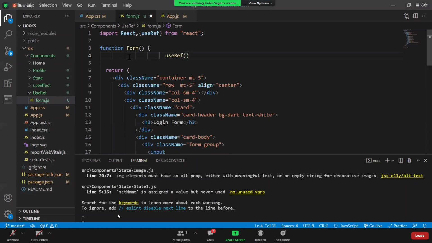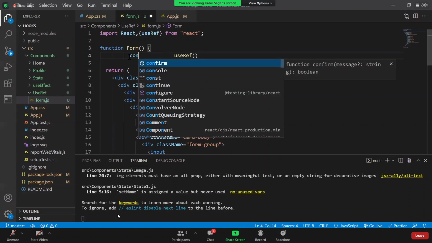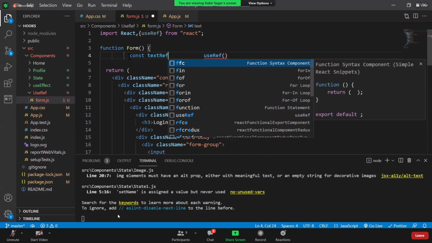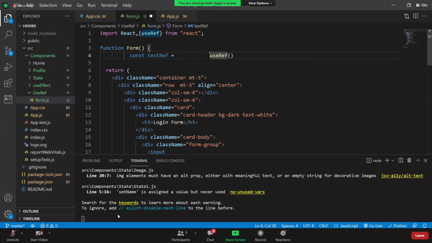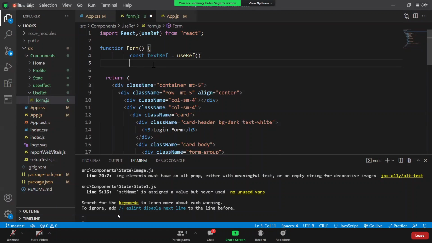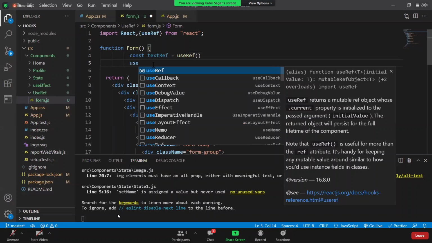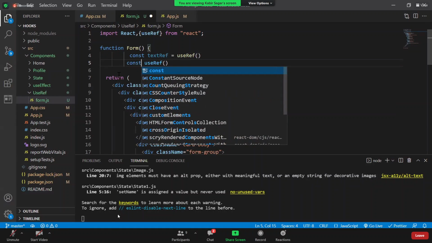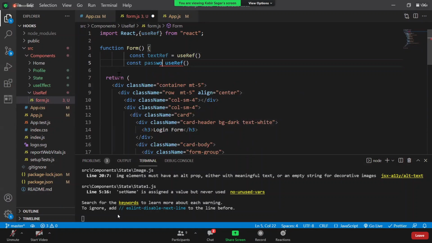If it is returning some reference, we have to catch in some variable. So I am saying here something like a text reference like this. Now I got here text reference. In the same way, I want to create one more reference. Again, call use ref. Again, it will create one random reference and it will throw you. So just catch it in some variable, something like password ref. Now you just created 2 references. One is text ref, one is password ref. You can give any name. It's just a variable name. That reference are stored in these variables.